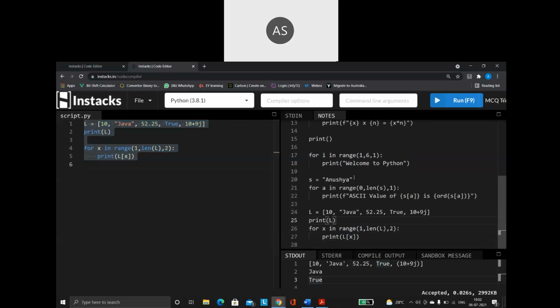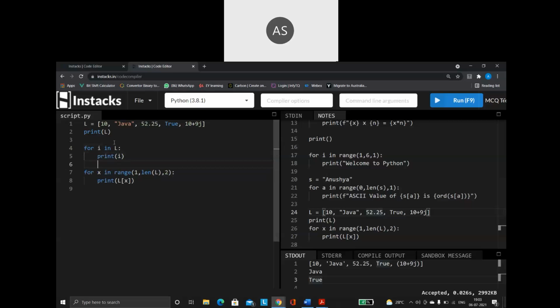So just remember, a simple for loop is a value based loop. Now your for loop with the range function is an index based loop. Let us say, if I want to run this using a simple for loop, how will I say? For I in L. That is my syntax. I will simply say print I. That's it.